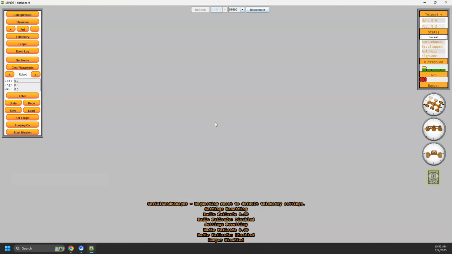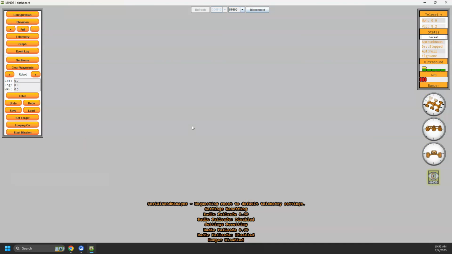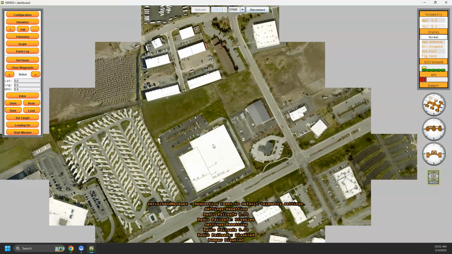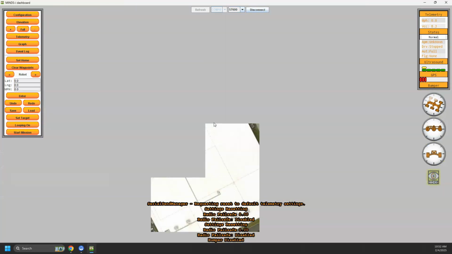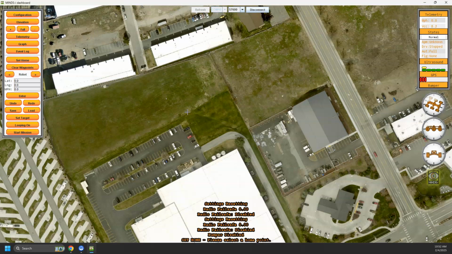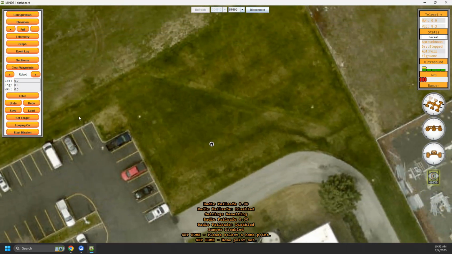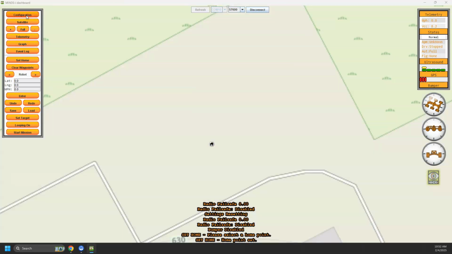And it takes a minute to load all the map tiles the first time it does it. So this will be our location. You can also click set home and then click on the map where I want the home point to be set to. You can zoom in as well, and then back under configuration,